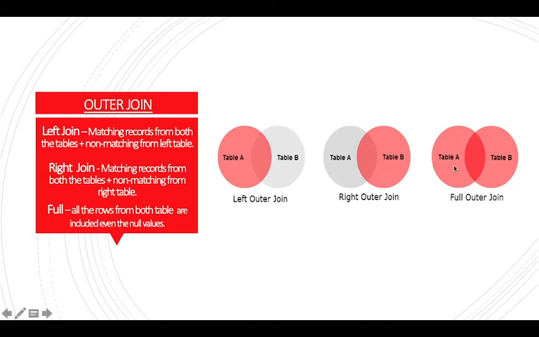And then you must have guessed it by now, we have full outer join. It is going to fetch me all the rows from both the tables, even including the null values. Okay, it is going to fetch me everything from both the tables. It doesn't matter if table A has null values, it doesn't matter if table B has null values, it is going to fetch me all of that. Remember, in inner join, which I mentioned before, that join will not fetch me any null values. Okay, I'll show you that when we move ahead to the examples.